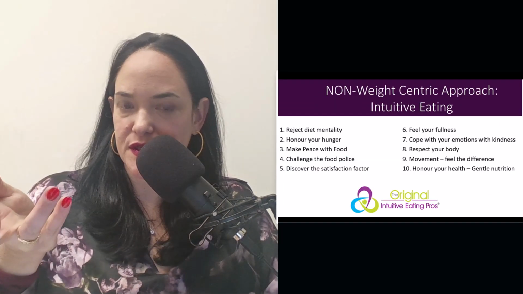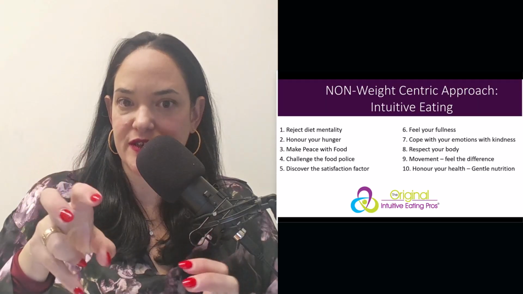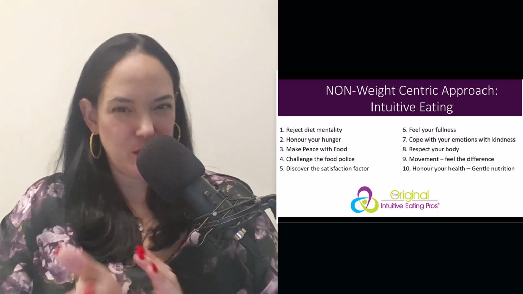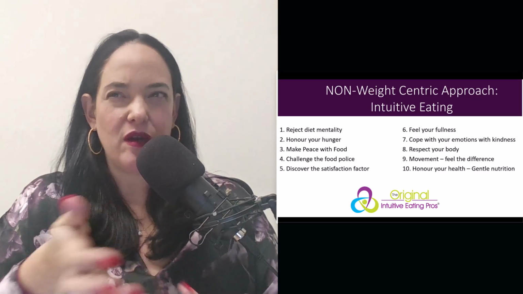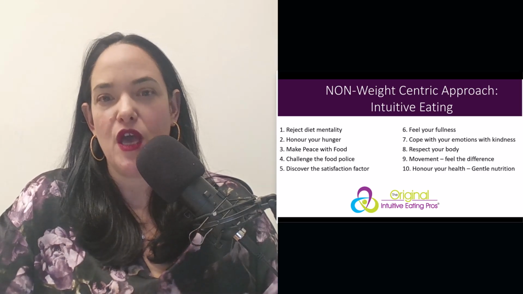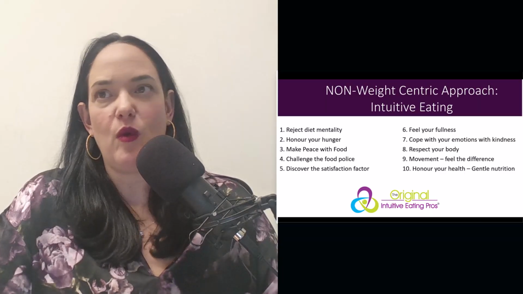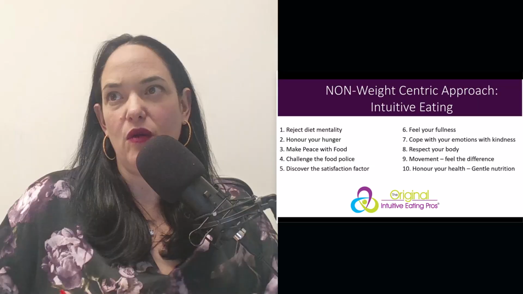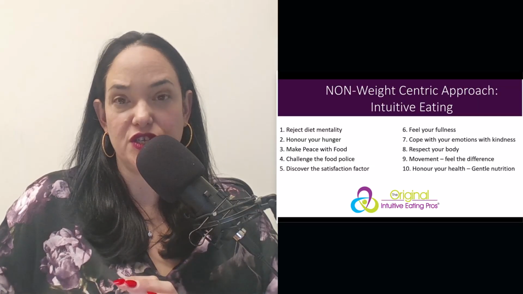And then I wanted to end off this unit with an example of a non-weight-centric approach to eating, which may or may not be appropriate in obesity, again, depending on the desire of that person, what outcome is important to them. So intuitive eating, it's been around for a while. It did have a bit of a weight loss focus when it first came around, but now weight is kind of not part of the conversation at all.